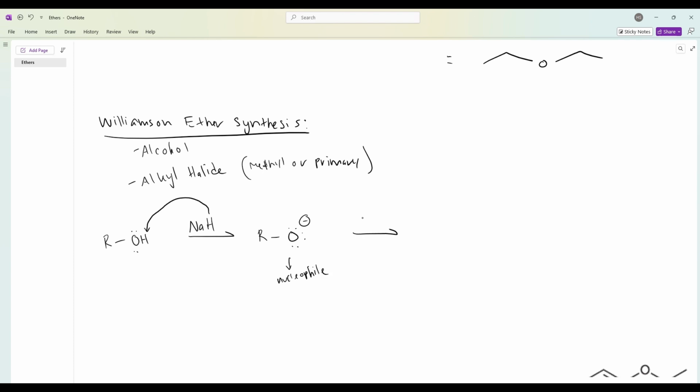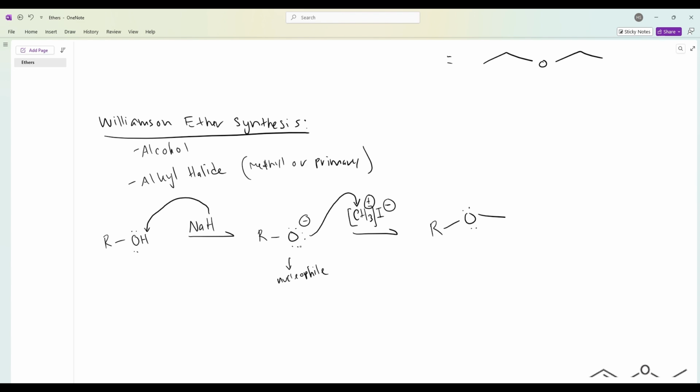And here we can have our alkyl halide, so we can use, let's try methyl iodide. And then this oxygen will act on this portion of the methyl iodide, and that is because this portion is the positive portion here, right? Just keep in mind. And then what you're going to end up having is that. And you can do this with more elaborate alcohols